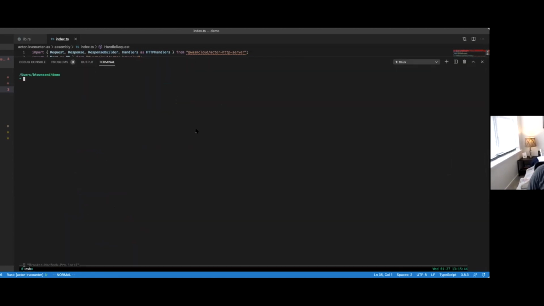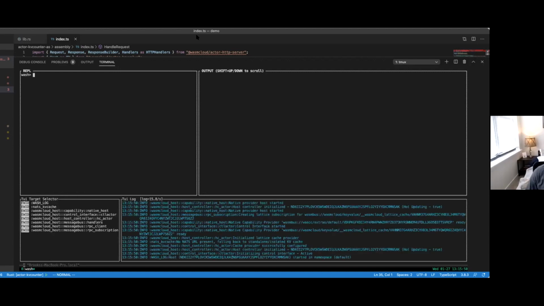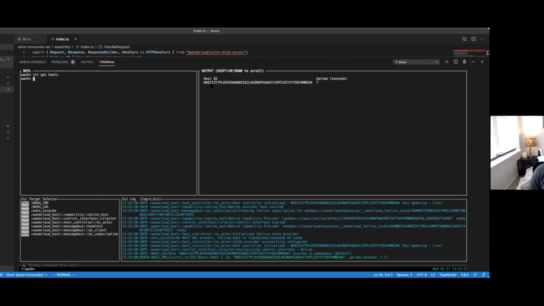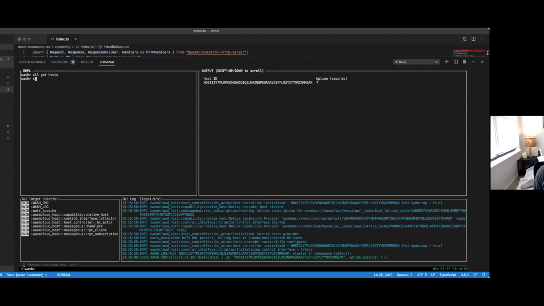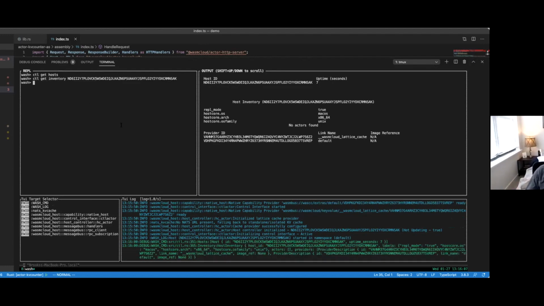So I'm going to open up my terminal. We're going to use the wash command line tool and the up command to launch an interactive REPL for wasmCloud. What this does is launch a host that we're free to interact with directly in this REPL. We can take a look at this host's inventory and see that we have 2 providers running in it currently, which are core to just wasmCloud running